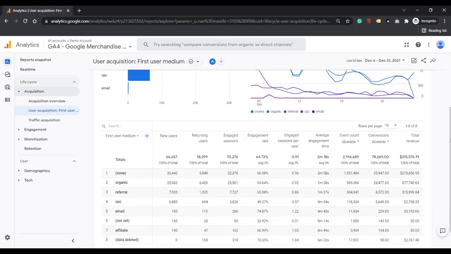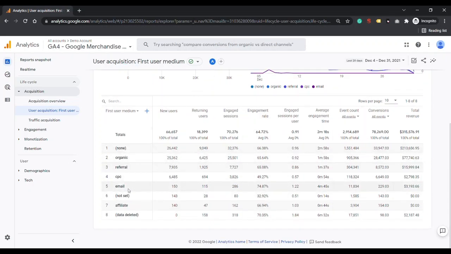Here at the bottom you can see through which different mediums we are getting the overall traffic. Here we can see organic, referral, CPC, email, affiliate. Basically the metrics we can check are new users, returning users, engaged sessions, events, average event times, conversions, total revenue.